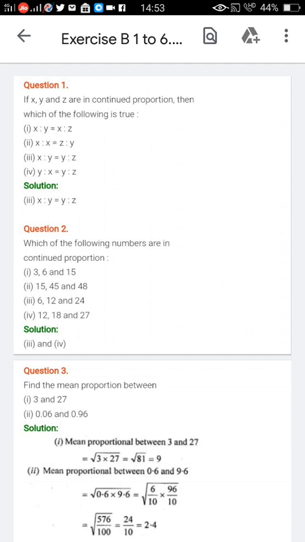So in that 4 problems, which question having the middle term should be repeated? That means that question, only in that question there is a continued proportional. See now, first one, x has to y is equal to x has to z, middle term is not repeated. Second one, here is also middle term is not repeated, but in third one, x has to y is equal to y has to z, only the